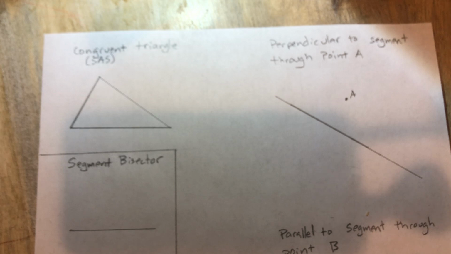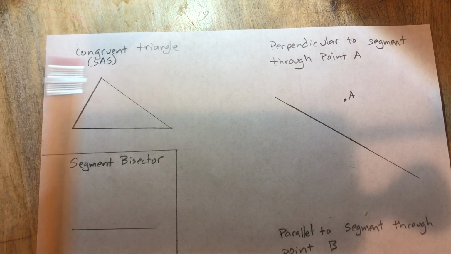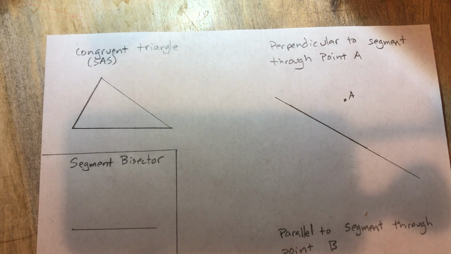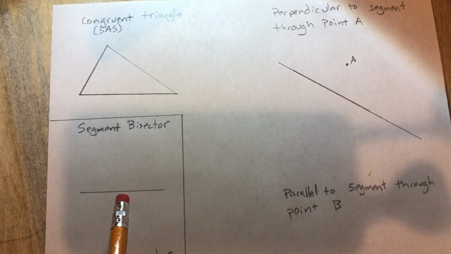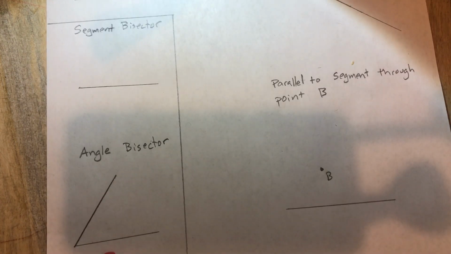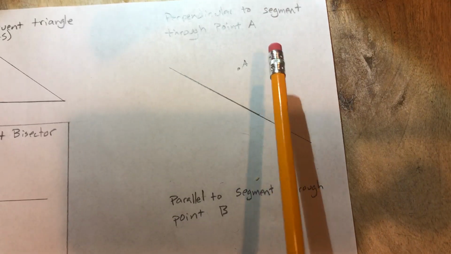The 5 constructions we're going to do are going to be a congruent triangle using side angle side. Last time we did a congruent triangle using side side side. We're going to do a segment bisector. Basically, we're going to cut this perfectly in half. We're going to do an angle bisector, cut this angle in half,